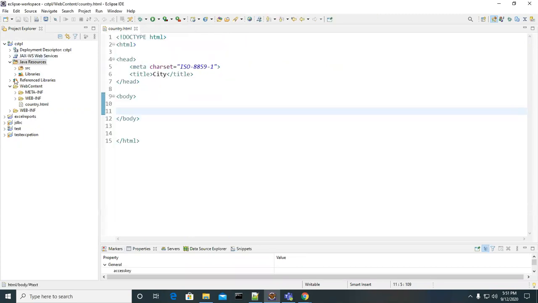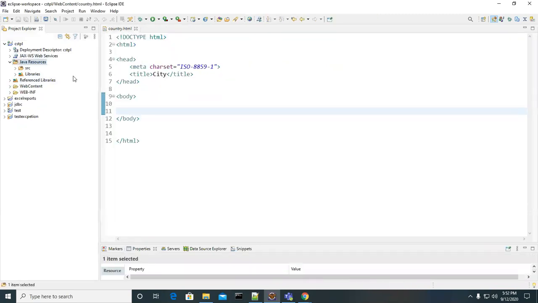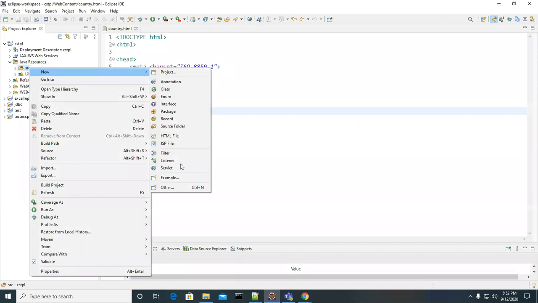Okay. So look at this carefully, guys. Everybody knows the architecture: request data, response data, HTTP, getting the data by using JDBC and putting that data into response.getWriter. That writer will carry it to the browser. That is the basic flow. Now I'm going to create a new servlet.